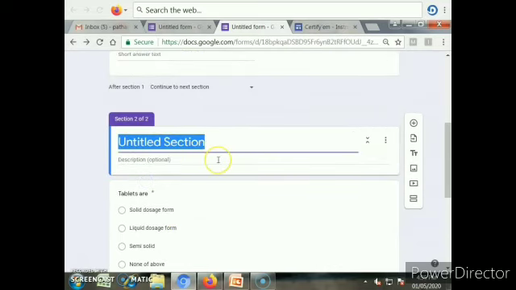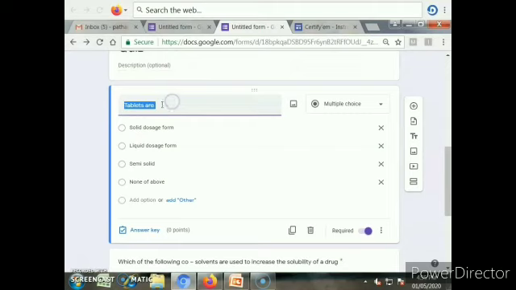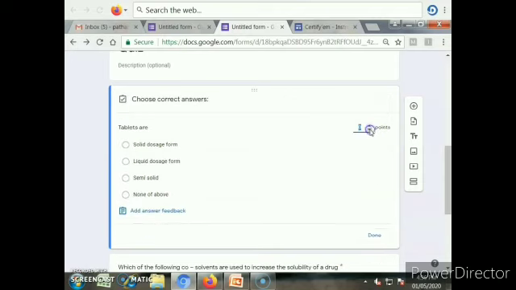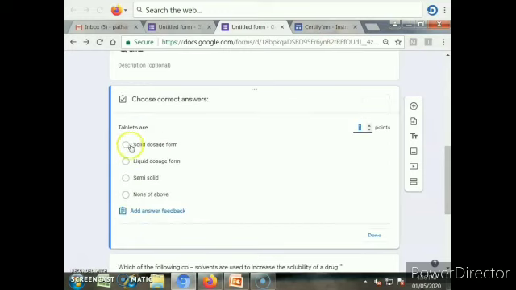So we'll write a quiz and type some questions related to it. The first question I have typed is: tablets are a solid dosage form, liquid dosage form, semi-solid, or none of the above. For every question we will give marks, so that will be 1 mark. The answer is solid dosage form, and we'll mark it done.